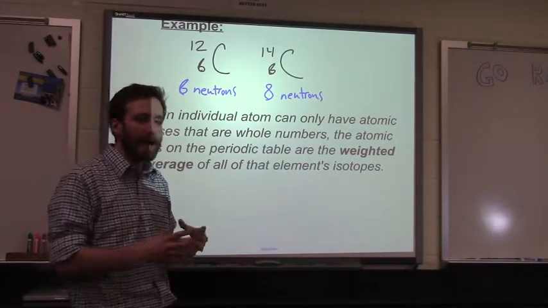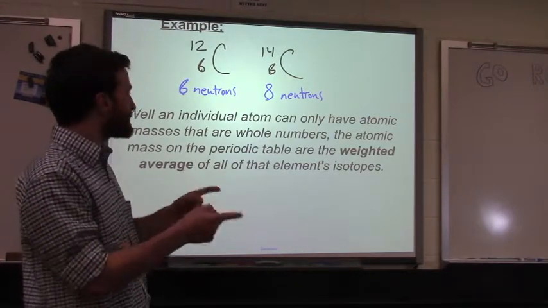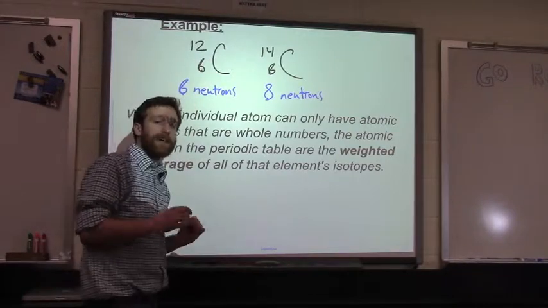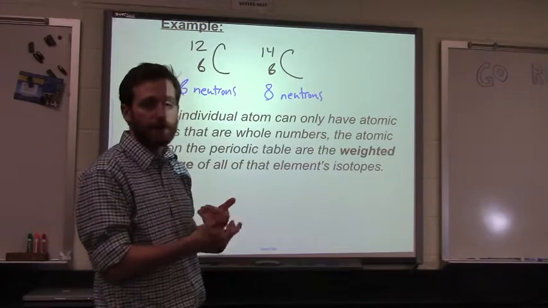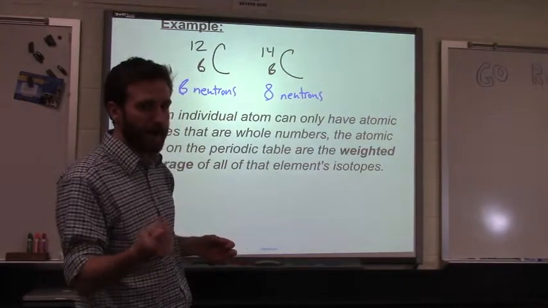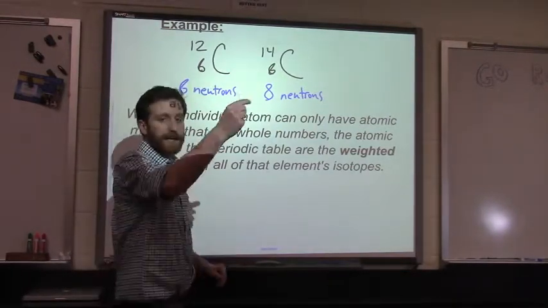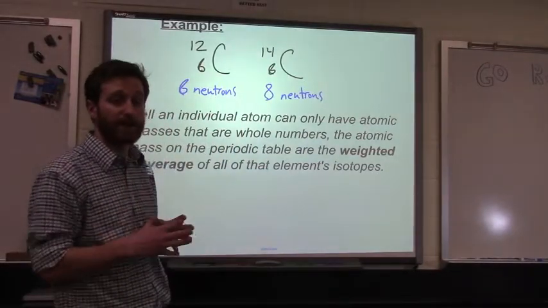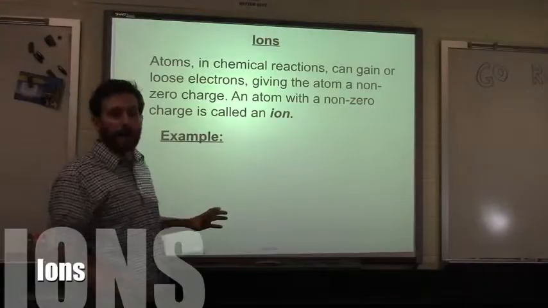So if you look at carbon, you'll see its atomic mass is not exactly 12, but close to 12 on the periodic table. And that's telling me that the most common isotope of carbon is closest to 12. And if I grabbed a handful of random carbon atoms, the most ones I would get would be carbon-12, but it's slightly higher, so I would also get some carbon-14, just not nearly enough to bring that number up closer to 14. So now we're at ions.